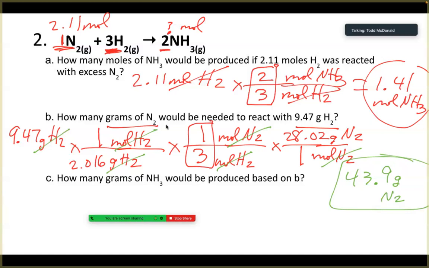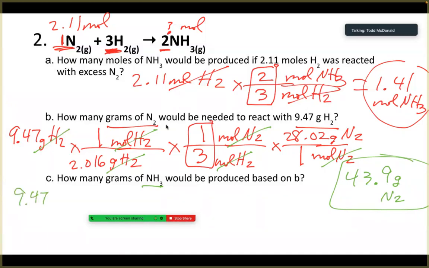Now, how many grams of NH3 would be produced? There's really 2 ways to do this. If you think about the law of conservation of mass, we could just add our 2 numbers, grams of hydrogen and grams of N2. That is one way to do it. But let me show you the other way to do it. The other way is to treat this like a stoichiometry problem, which is what I'm going to do. I'm going to go back and say, okay, so I know I have